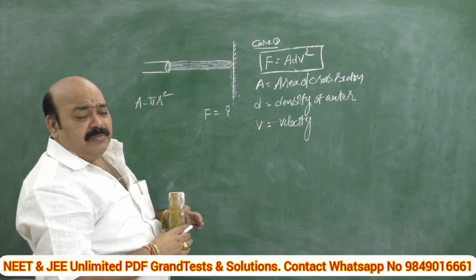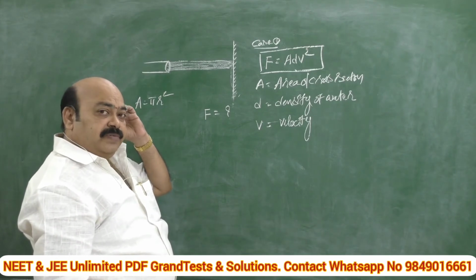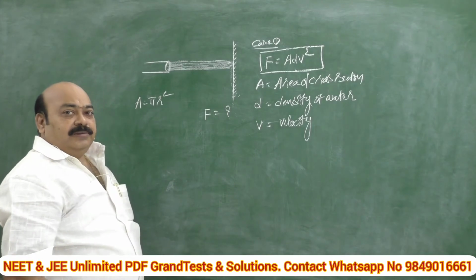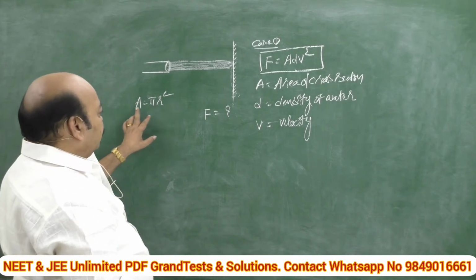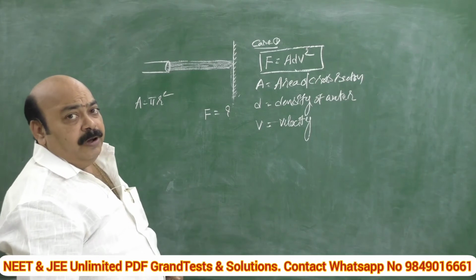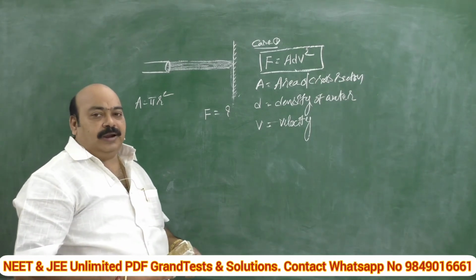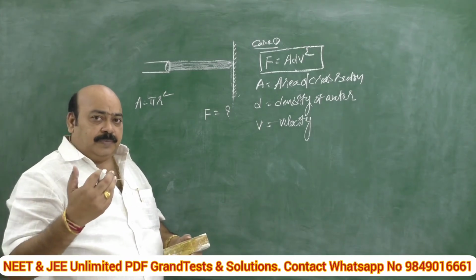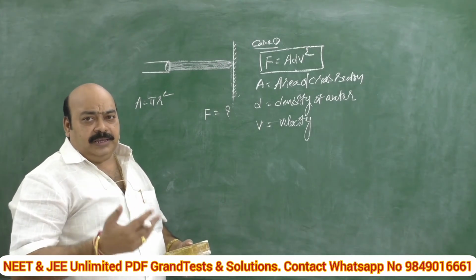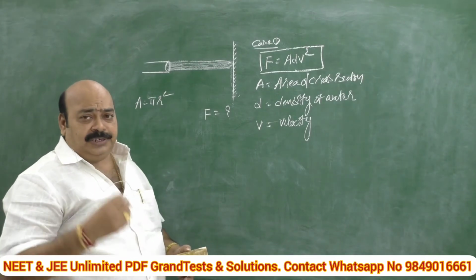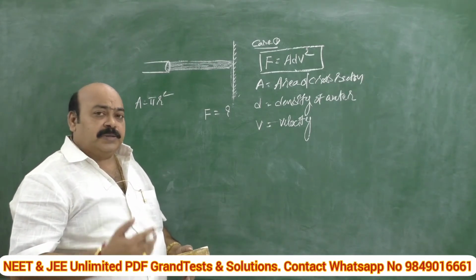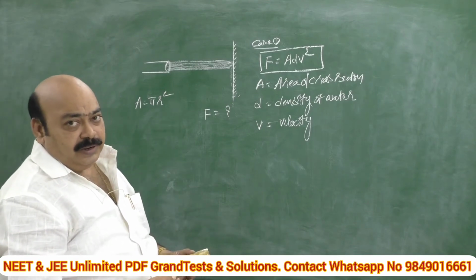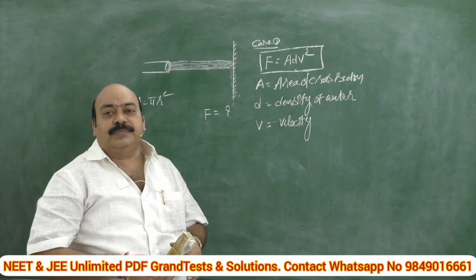What will be the twist in the problem? The diameter of the pipe may be given. Then half of the diameter gives the radius. From that we can calculate the area. Density of water, generally in a garden pipe the liquid is water. Of course, in a given problem, the density of the liquid in the pipe must be mentioned. In case of water, whether it is given or not, you can take it as granted, 1000 kg per meter cube.